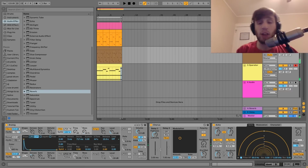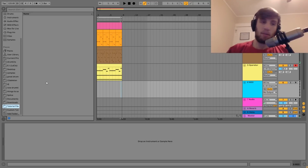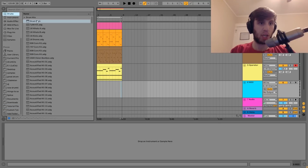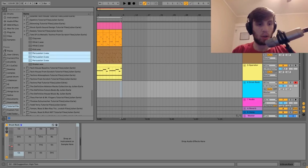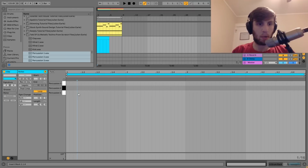Alright, there it is. Cool, so now we can add in some percussion with all these samples that I have. So yeah, I have a few different things here. Once it loads up, there we go. Let's start with these percussion sounds. I'm going to get a drum rack, and we will just put these all in there. And then let's make a little...